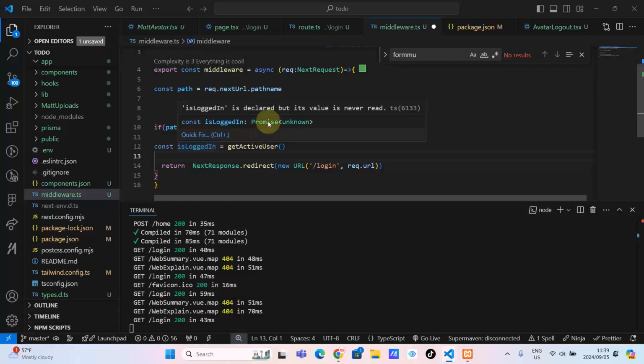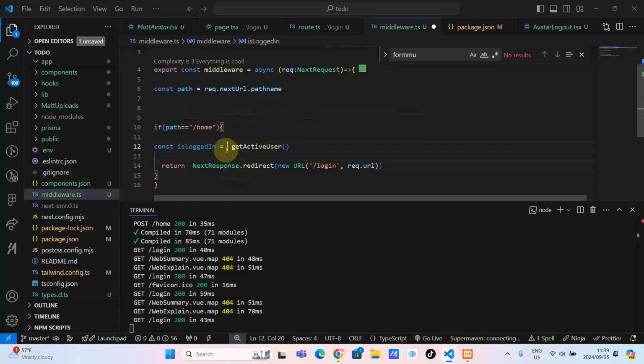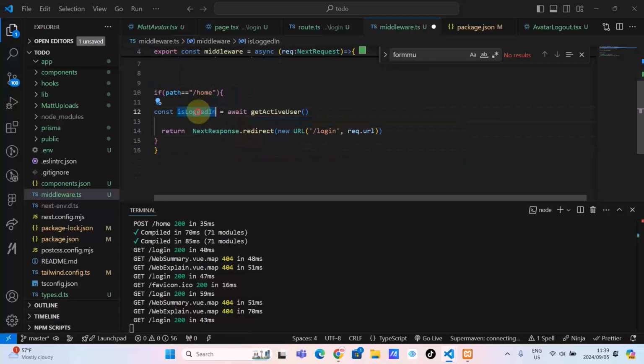It's giving us a promise. We need to await it. Okay, we need to await it. So here we can know if there is an active user or not, when you are trying to access home. And then based on that,